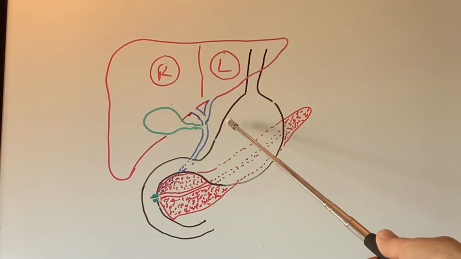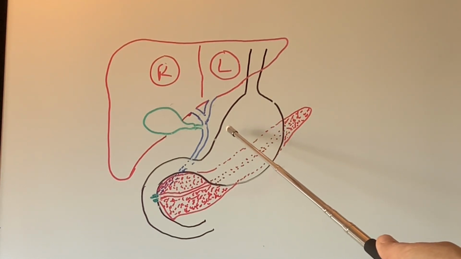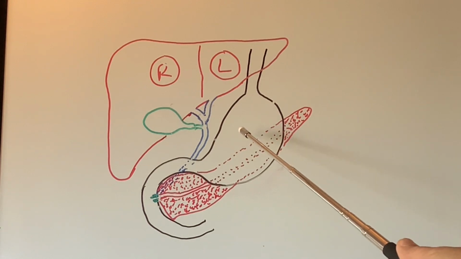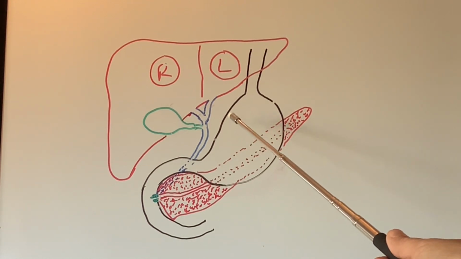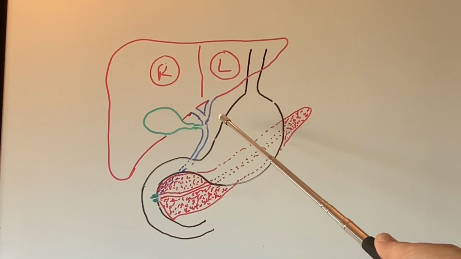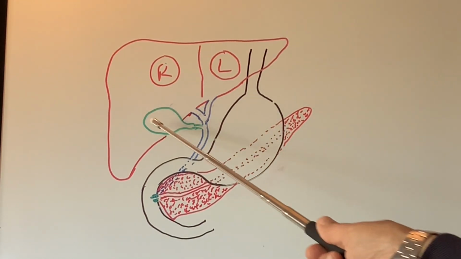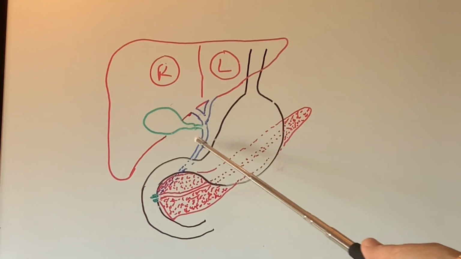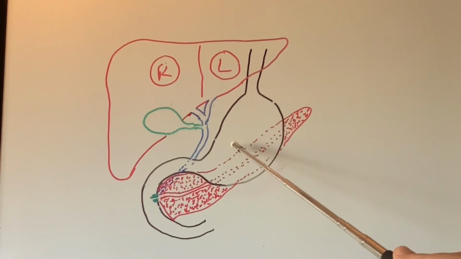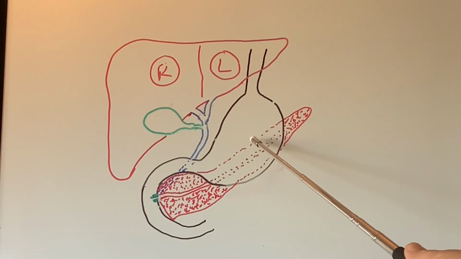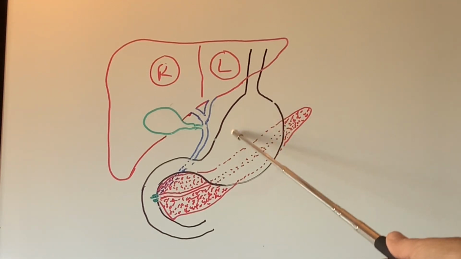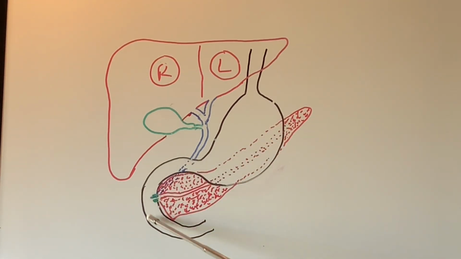And fat is the most important part in the functioning of the gallbladder. As you know, our food contains protein, carbs, minerals, vitamins, fats, carbohydrates. But the most important thing for the function of the gallbladder is the fat. So my food, say for example, contains some oil or some fatty stuff. And when the food comes down into the small intestine, into the duodenum, the lining of the duodenum produces a